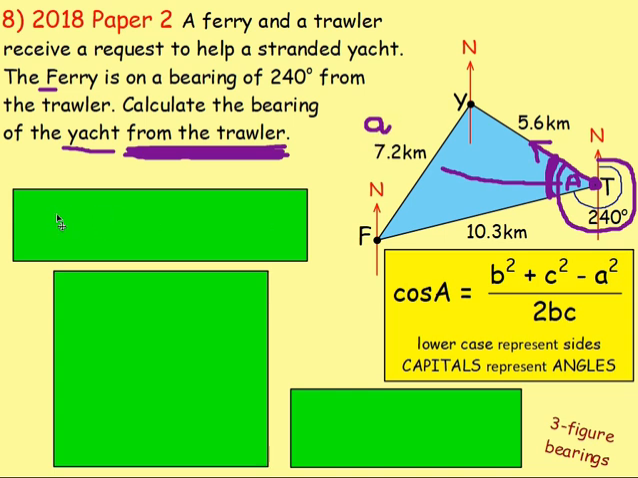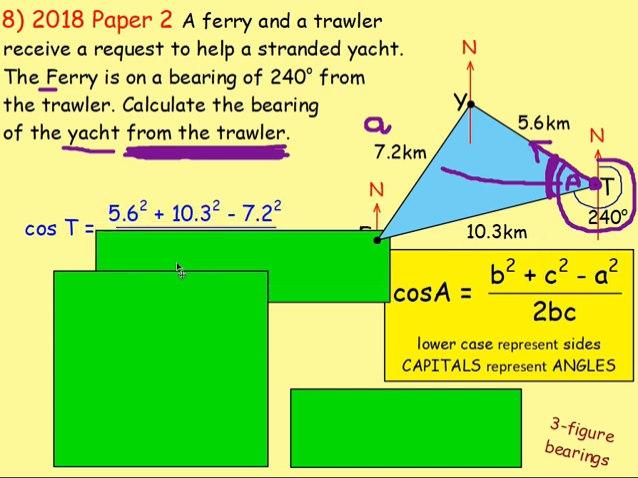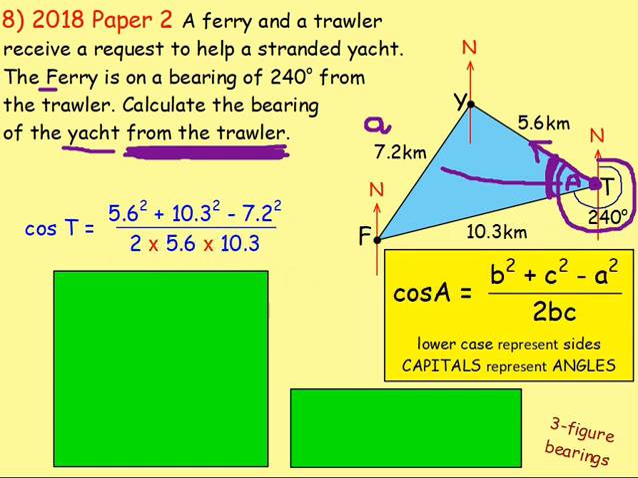So because we're wanting to work out that angle there in the triangle at T, I'd probably be writing cos T equals B squared plus C squared, which is going to be the 10.3 and the 5.6. Again, doesn't matter the order, and you're taking away A squared, so you're taking away 7.2 squared. Divide that by 2 times the B and the C, so 2 times 5.6 times 10.3. And if you work that out on your calculator,